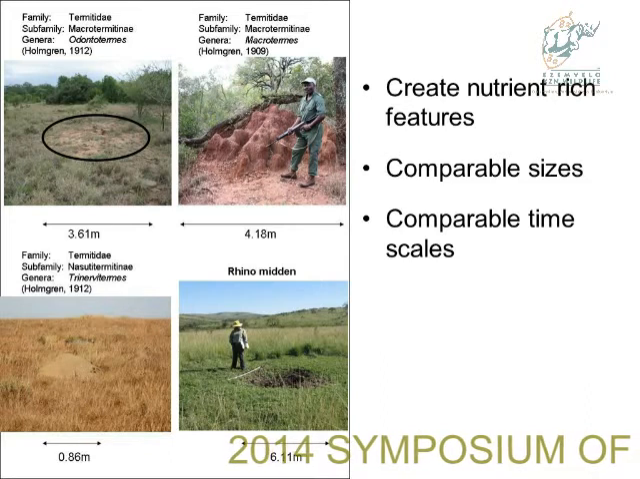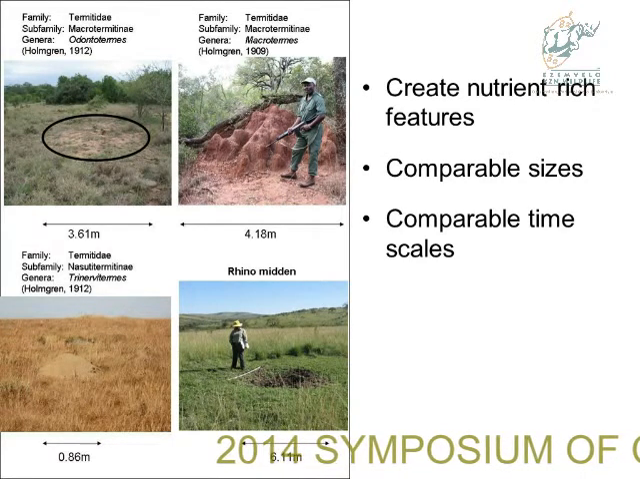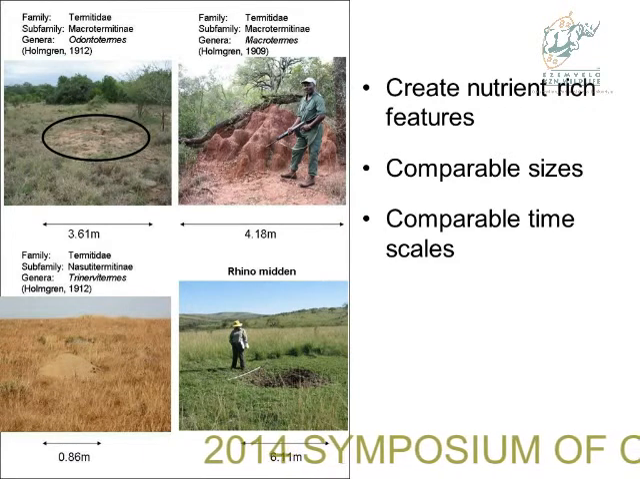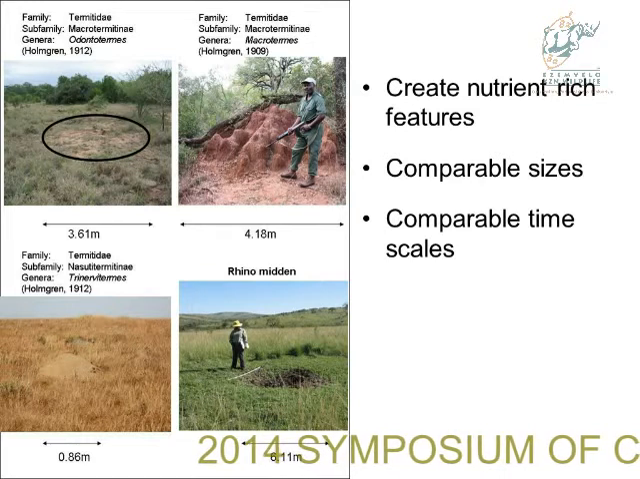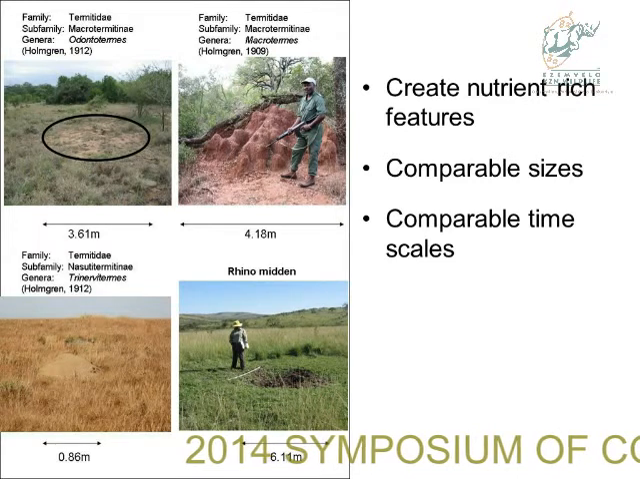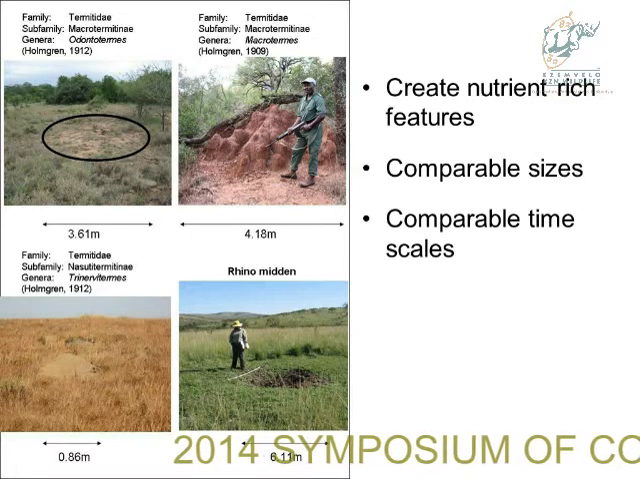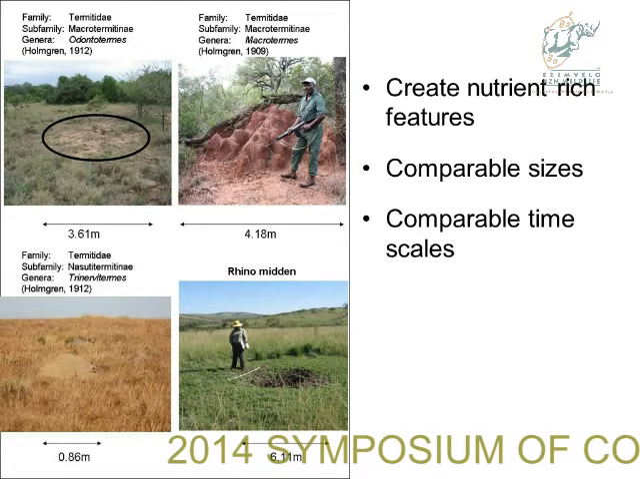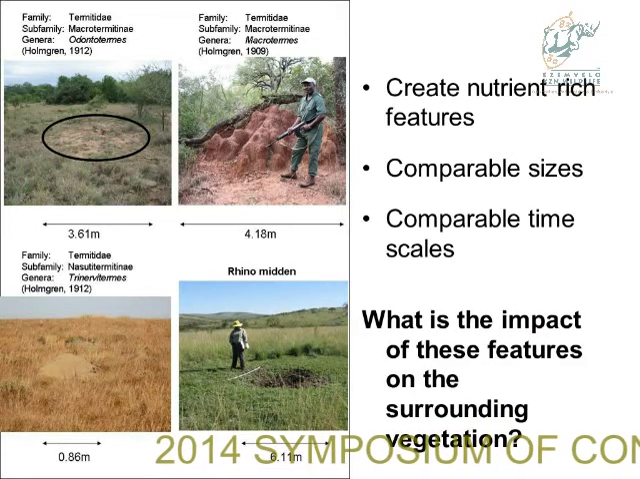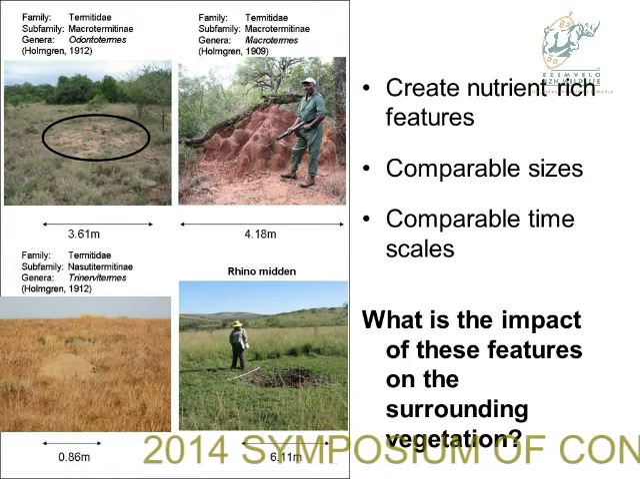The termites and the rhinos go out, collect vegetation, bring it into these central hotspots, and create this nutrient-rich patch. And that's similar sizes, comparable sizes, and over similar timescales. So in the same way that successive generations of rhinos take over territories of previous generations, also termites will recolonize mounds left empty by colonies that have died off. So I wanted to know on the small scale, immediately surrounding these features, what is the impact on the vegetation